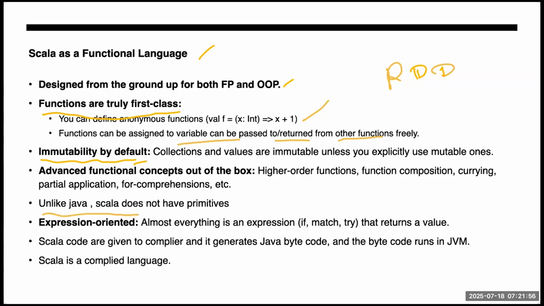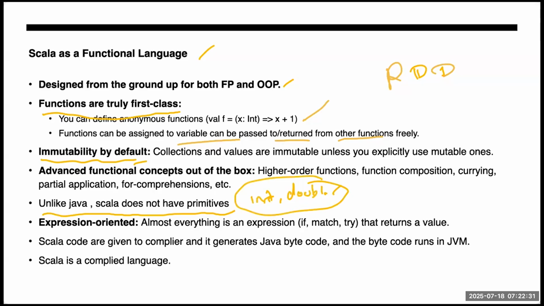Okay, now just look at what this primitive is. Unlike Java, Scala does not have primitives. In Java, a primitive type is a basic data type, like int, not Integer, but int, double, boolean, char. Why do they exist? Because they are fast and use less memory. So that's why it is very core to Java performance. When you use these things, it will be faster.